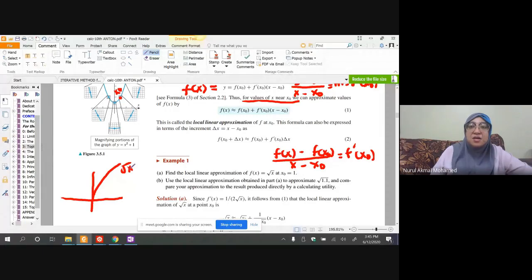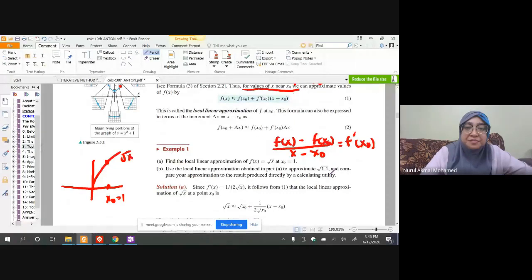At x naught equal to 1. So let's say you have x naught equal to 1 over here. Okay, find the local linear approximation to approximate square root of 1.1. Okay, so square root of